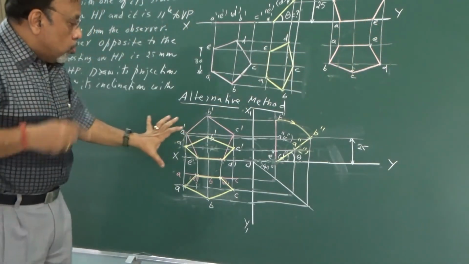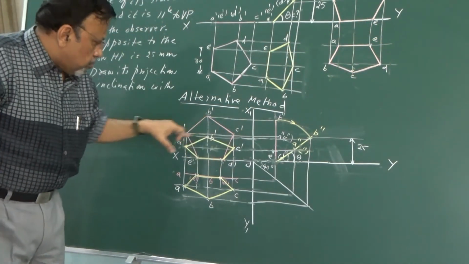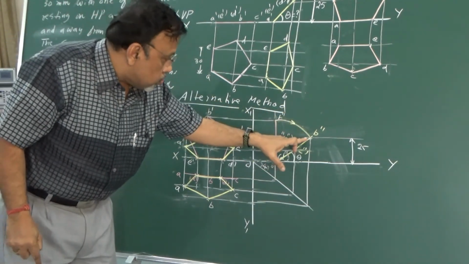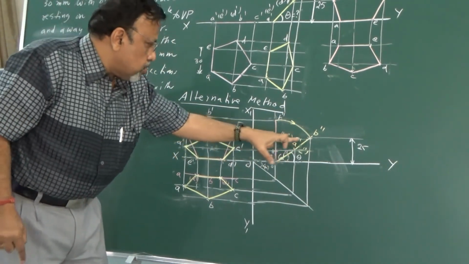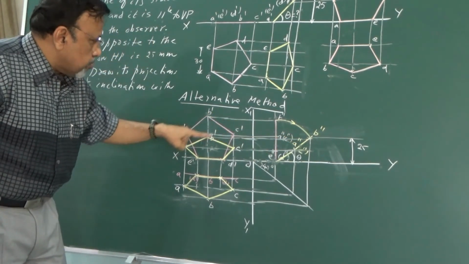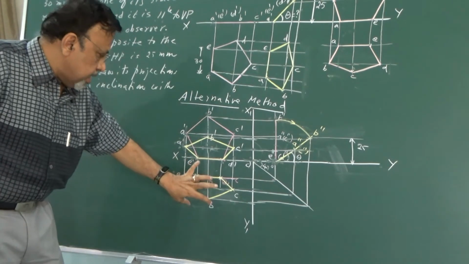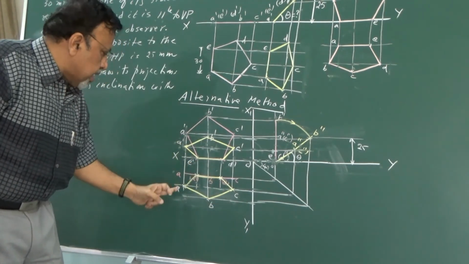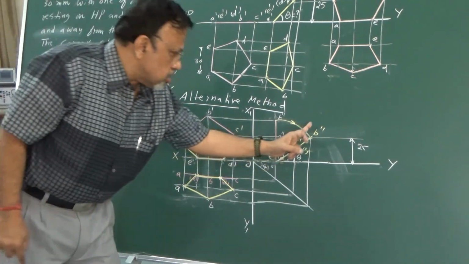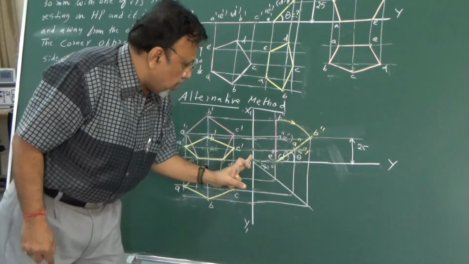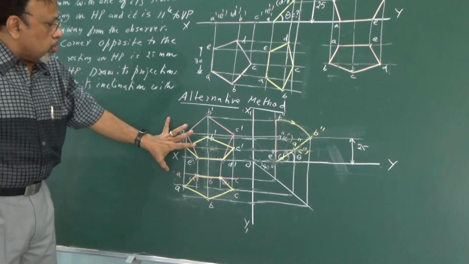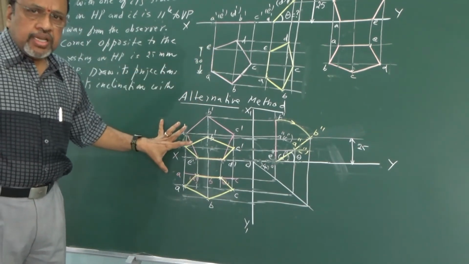Only thing is, you should be careful in getting these projectors, because as I told you, once the lamina is getting inclined, you should concentrate on how to draw the projectors. That is, I just draw the horizontal projectors and the vertical projectors from the front view. Similarly, to get the top view, we know that front view and top view projectors should be on the same projectors. Then I just got this VP distance from this spot to this line, then I got this solution. So now we can see the solution we are going to get will be the same. Is it clear? Thank you.